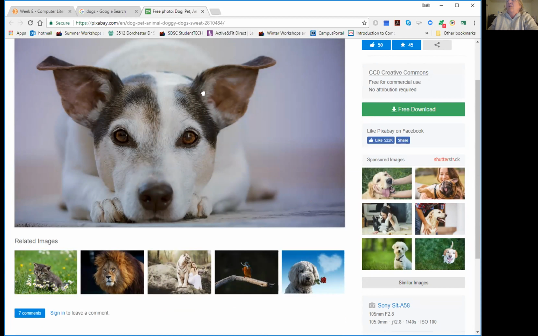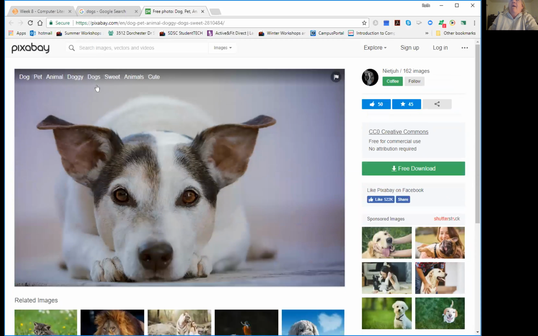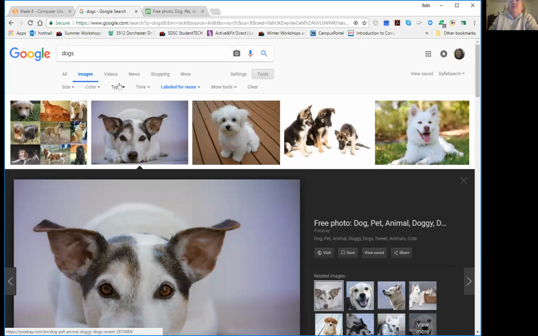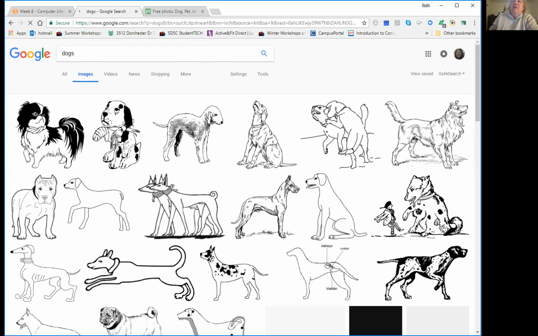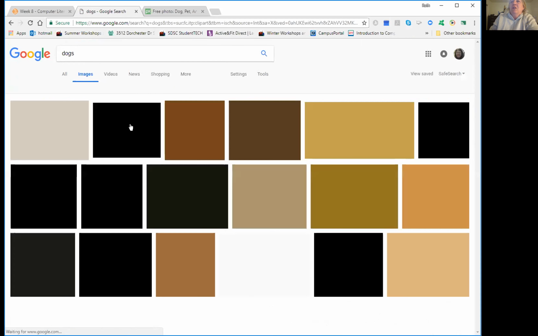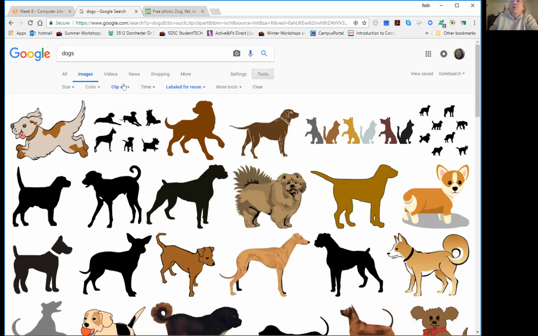Anyway, okay. So there are also other search tools that you can use at the top. There's the type. If you want only clip art, or say you want line drawings of a dog, you can get line drawings, and those are really good for students who like to color things in. Also under tools, you can get clip art if you just want clip art, or you can go to